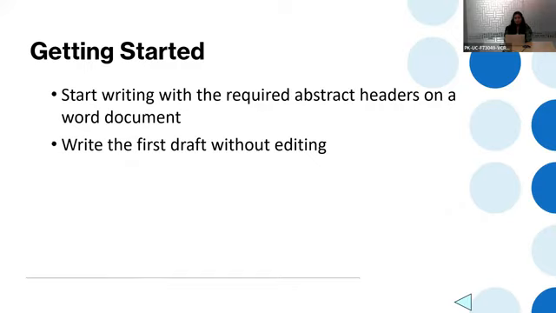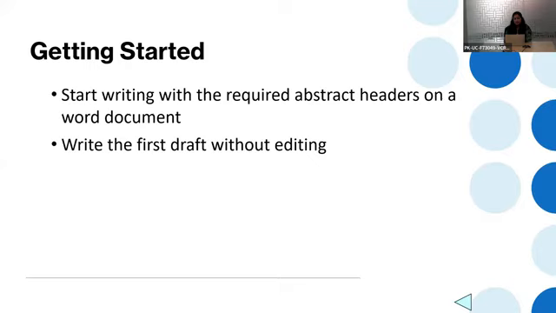Sometimes you are given an option to write paragraphs under the headings given in a link, in a Google Sheet or any software, for example. But it is really advisable that you start writing your abstract first in a Word document. It is very ideal for beginners as well. A blank page usually really intimidates beginners. It's very difficult to start writing. So it's good that you have